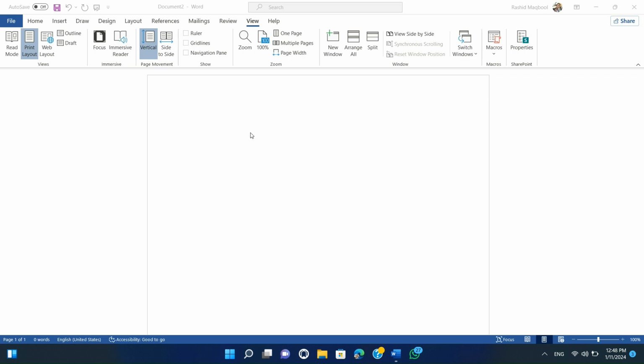Tutorial 17, Enhancing Document Efficiency with Word Macros and SharePoint Properties. In Tutorial 17, we delve into two powerful features within the Microsoft Office suite that can significantly boost your document management and productivity. The first part of our tutorial walks you through the creation and utilization of macros in Microsoft